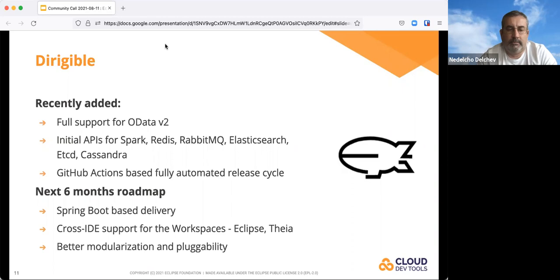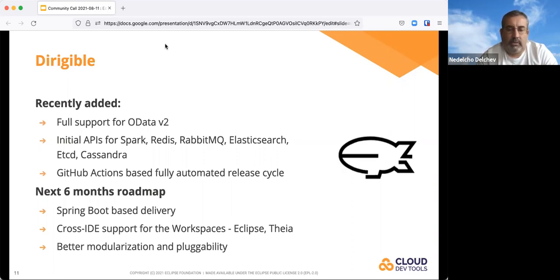Of course, we had to avoid using dependency injection based on Guice. This was something that was lessons learned for us. But yeah, we are on the road.